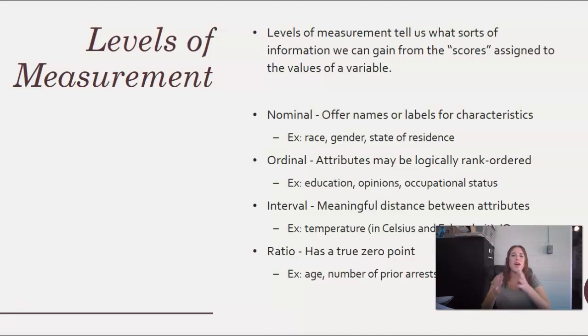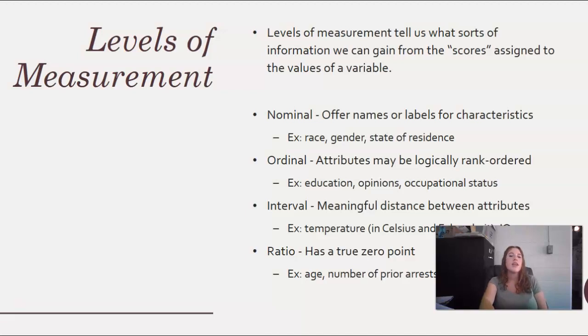And as long as you made sure that the numbers went up as you went over the list, they don't really matter in other terms. It doesn't mean that you've had twice as much education as someone in grade school. We can't tell those things, but we can tell you're mutually exclusive because you only fall in one category. It's exhaustive because we can include as many levels of education as we wish for our study, and we can always put in another category also. And also we can rank them in order as to less education to more education. So that's about as far as you can go with ordinal measurements.